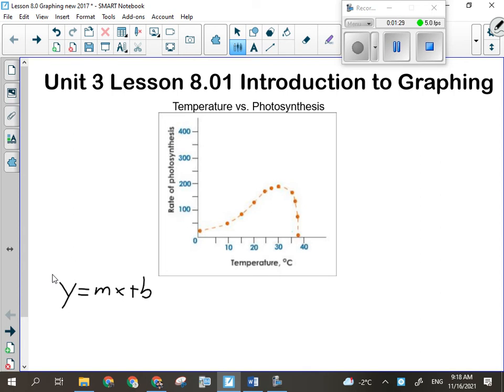It would take me a lot longer to interpret that data if it was just in a chart with all numbers. Okay? Because I'd be like, okay, so now it's this number, and this number goes with this number, and it's much longer and more difficult for me to interpret. This is a quick visual representation of the data from probably many experiments, okay? But I can read it very quickly and learn something from it. So that's the purpose of a graph, is to present data in an easily interpreted way. All right,